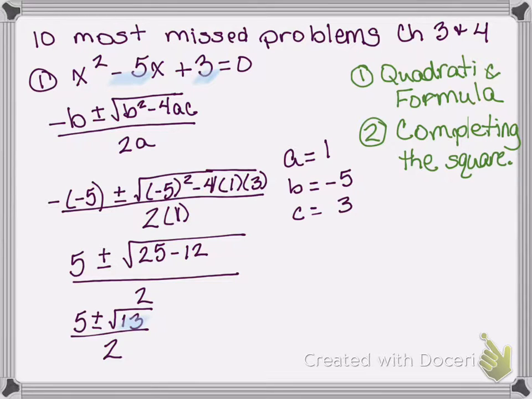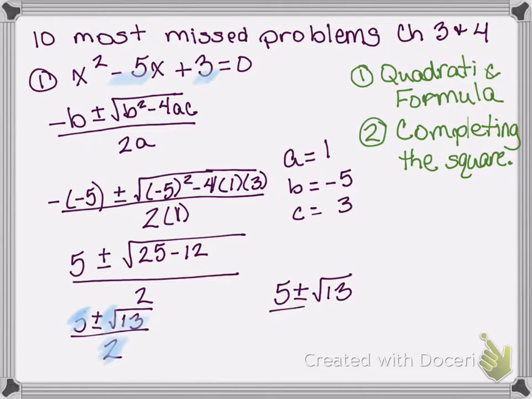The other thing that we look at is, is there anything other than a 1 in front of our radical? And there is not, so there is nothing that we can simplify. So there's not a factor in 5, 2, or the 1 that's in front of the square root that can be simplified out. So our final answer here is going to be 5 plus or minus the square root of